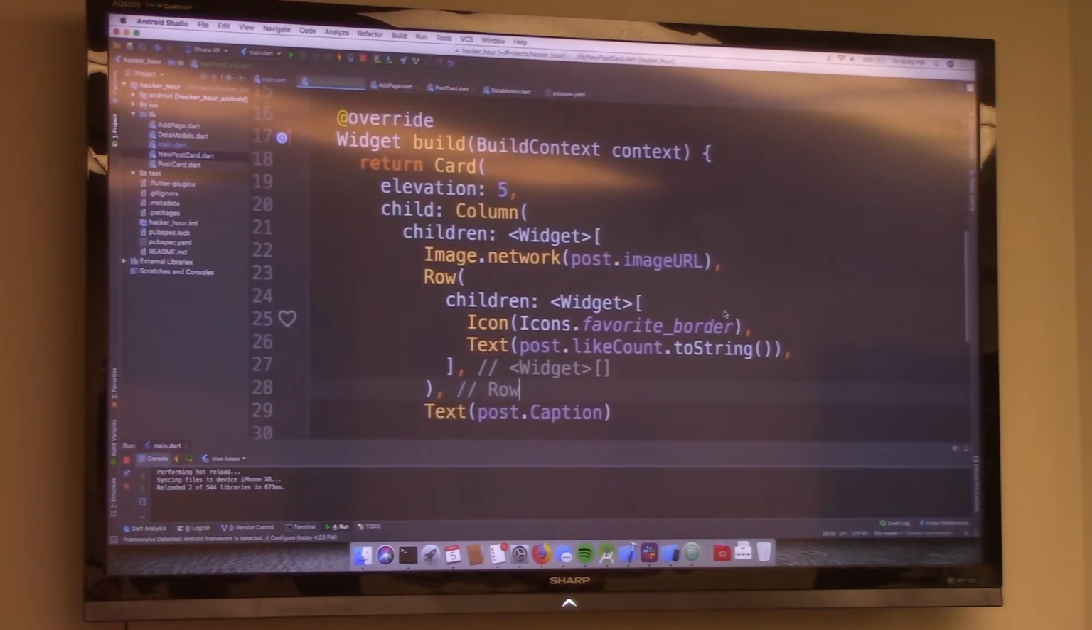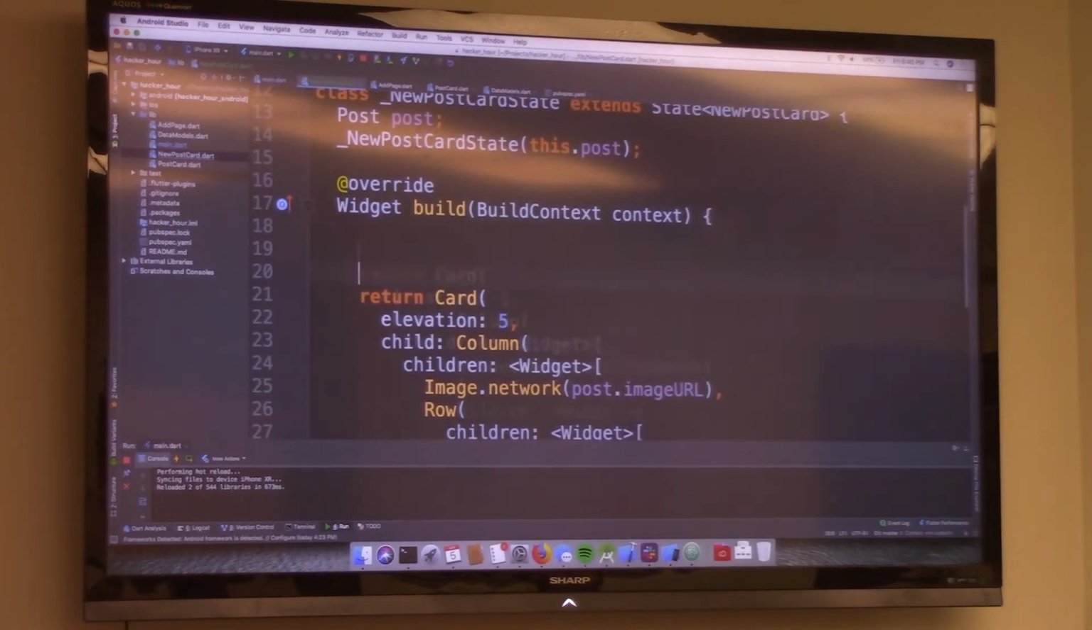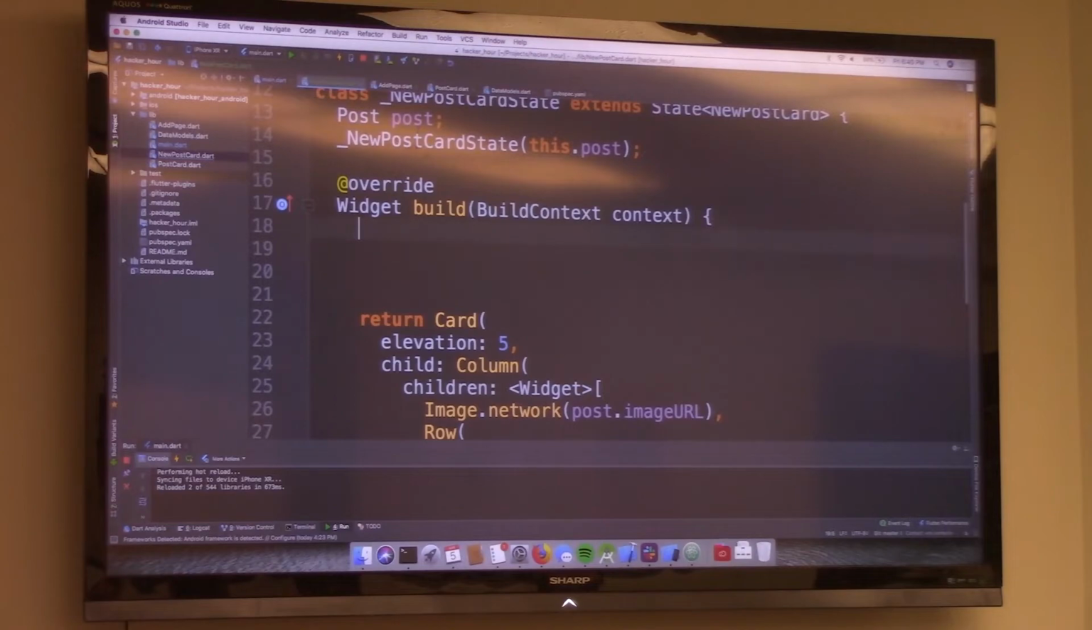The first thing I want to do is change that heart icon over to get the color and filled in, right? So to do that, instead of having this icon object here, we can put a variable here. And inside the build method, we can define what that variable is. So we can use var, which just allows type inference. We can say,